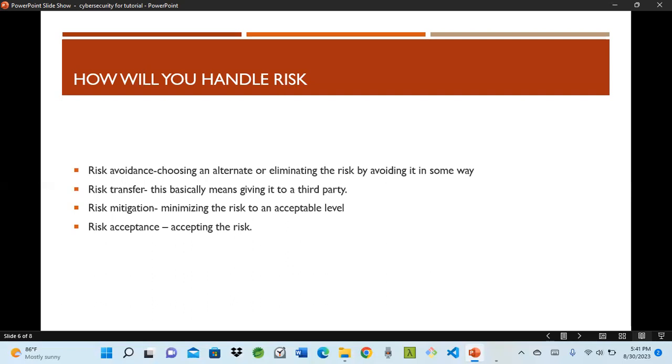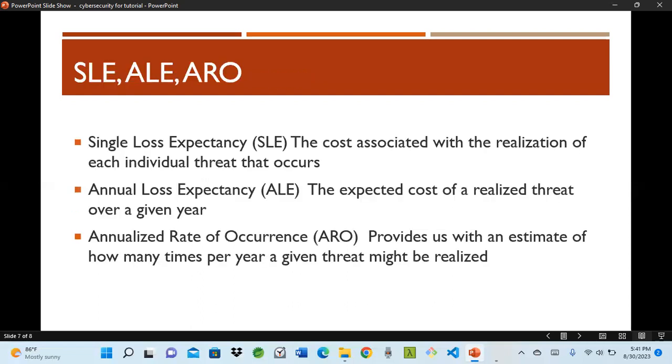Risk avoidance is choosing just to avoid the risk, right? Or use some type of alternative way to eliminate the risk. Risk acceptance is basically just accepting the risk, knowing the cost that's going to come with it. So, yeah,